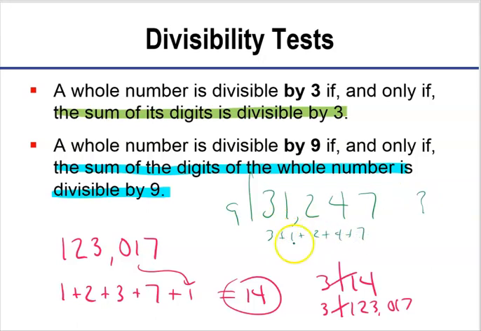3 plus 1 is 4. 4 plus 2 is 6. 6 plus 4 is 10. 10 plus 7 is 17, if I added that right. Does 9 divide 17? Nope, 9 does not divide 17. Therefore, 9 does not divide 31,247. We'll have more opportunities to practice those right when we come back, but I am approaching the 30-minute mark,